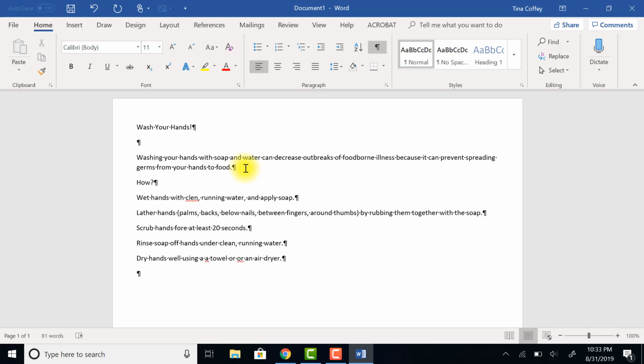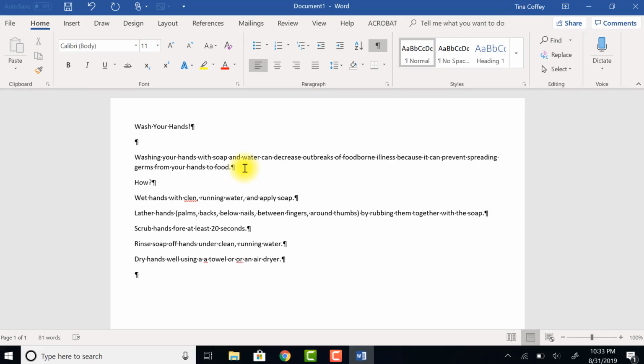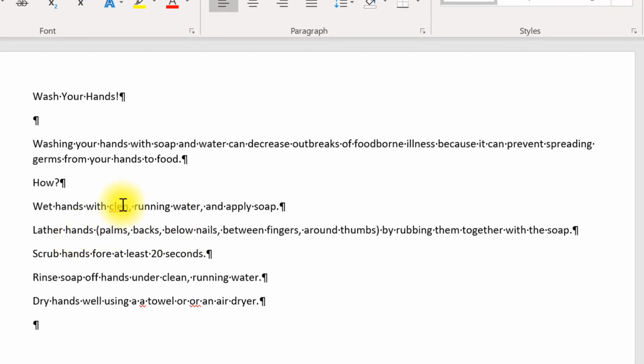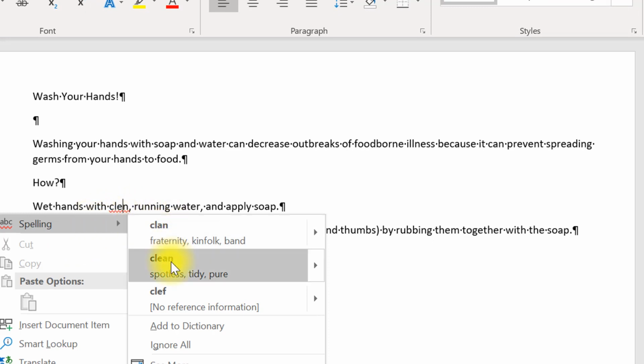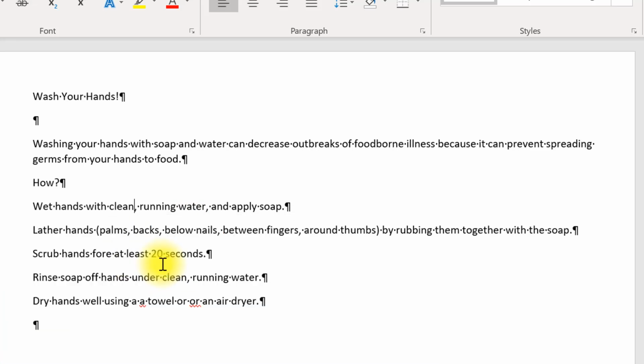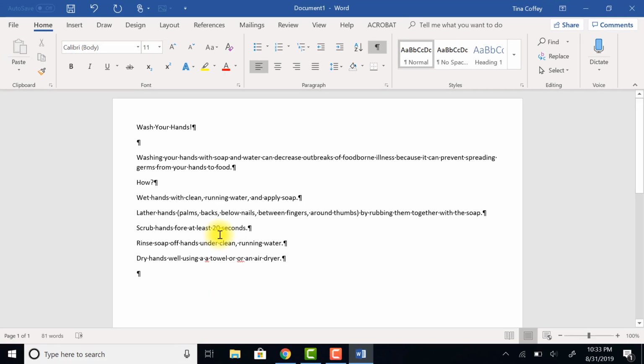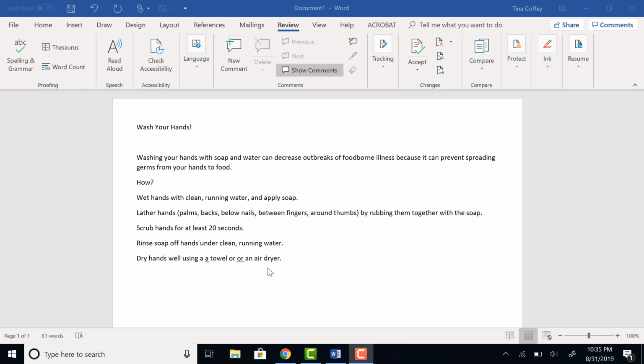Now, if you notice, there are some red squiggle lines within my document, which lets me know that I have some spelling errors. So we'll start with the word that was supposed to be clean. If I right-click that word, it will give me a list of possible options. What did I mean when I typed C-L-E-N? Well, I actually meant clean. So I can choose that word, and it will replace the misspelled word with the correctly spelled word. If you notice, the spelling errors for double words or words typed twice are also flagged so that I can easily remove